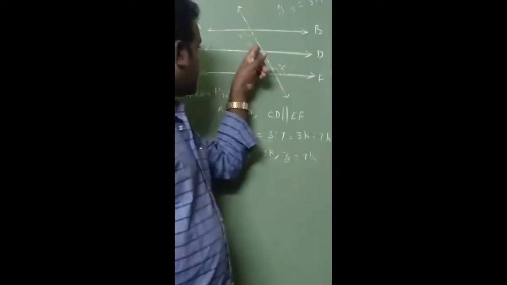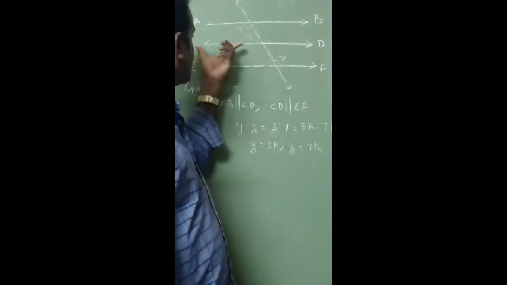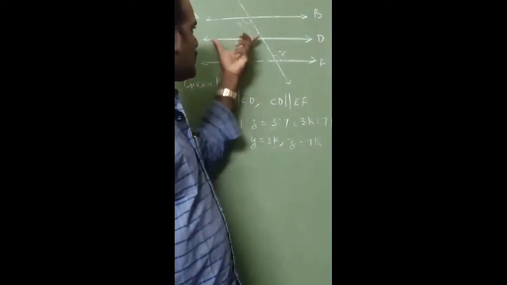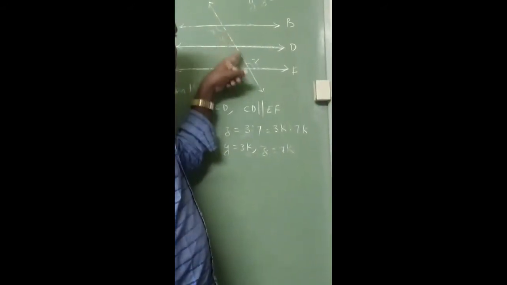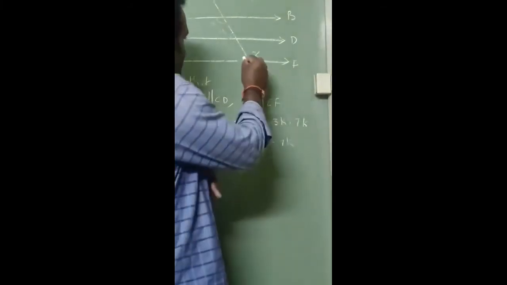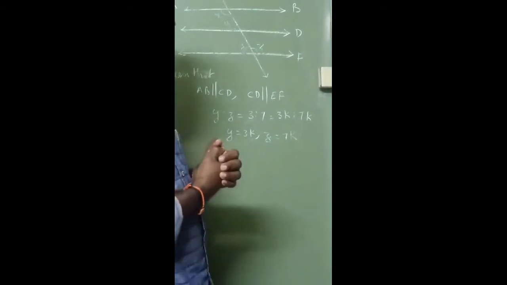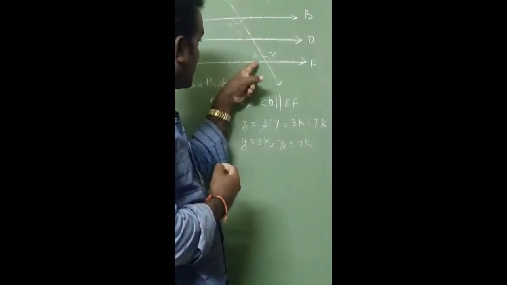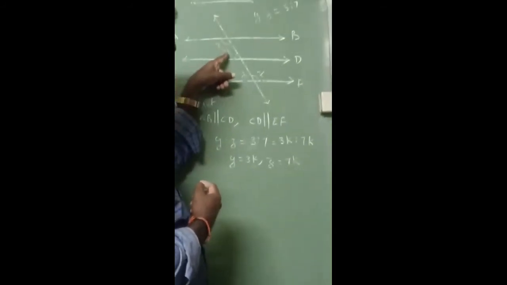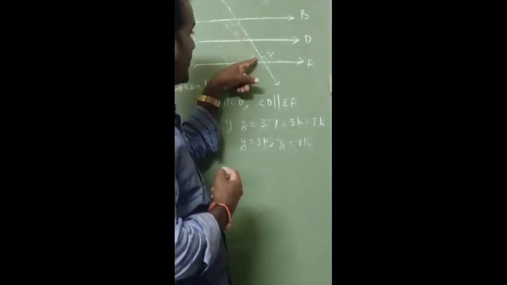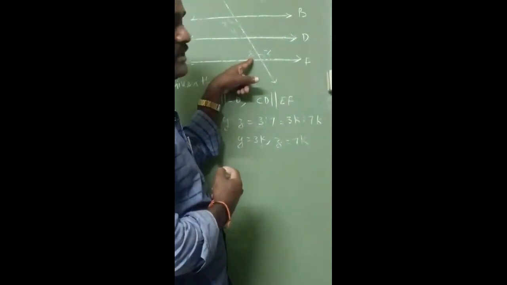Next, these two lines, CD is parallel to EF, you can take. This is exterior. This is interior. So corresponding angles on the same side are equal or not? You can take this value is equal to Y. This is the exterior angle. This is the interior angle. You consider these two lines. The corresponding angles mean one is exterior, one is interior. So this angle is equal to Y. That is, corresponding angles are equal.